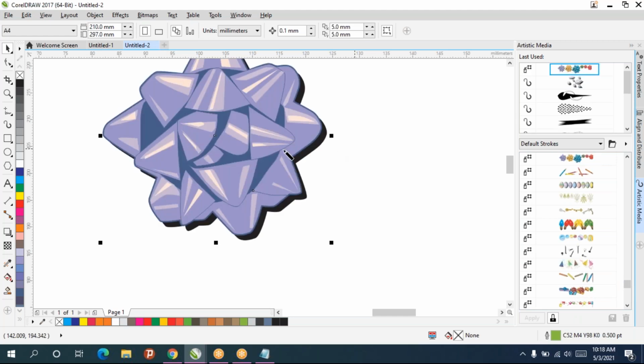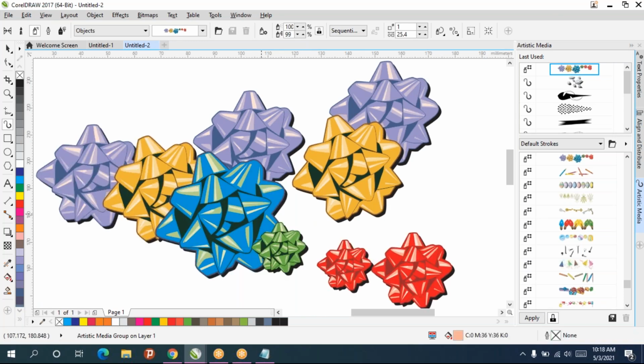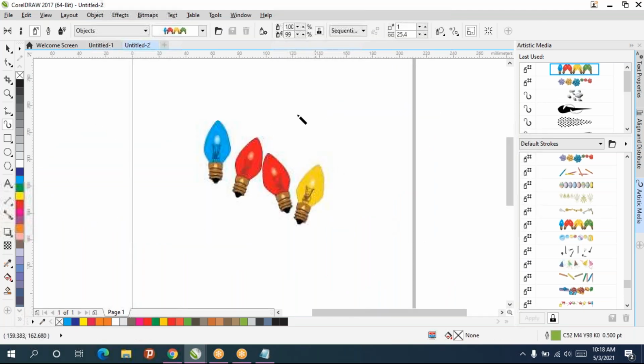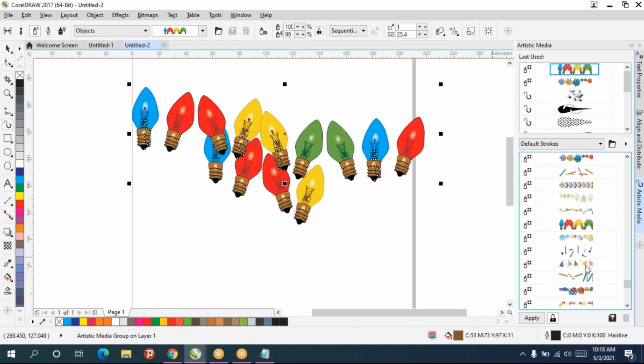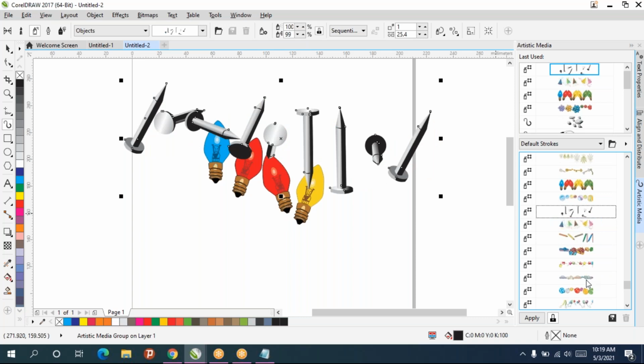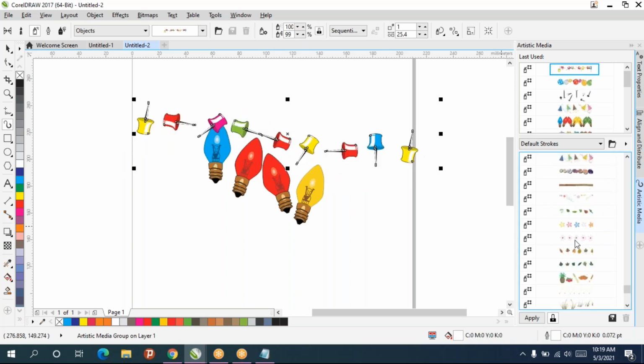See, this kind of ribbon thing, light, so nails, and if you keep on scrolling down, tree and all will be there, candy, some pin images, trees.